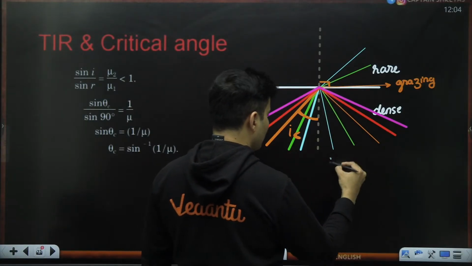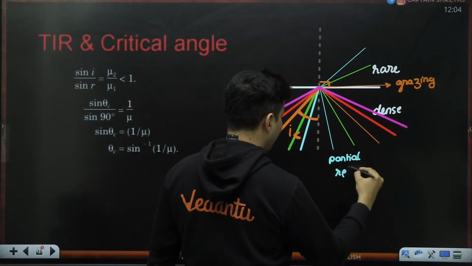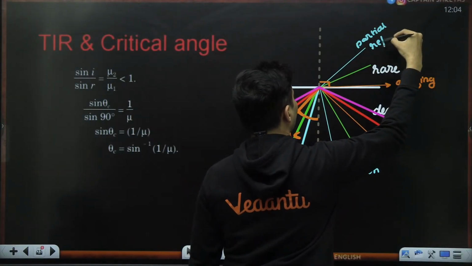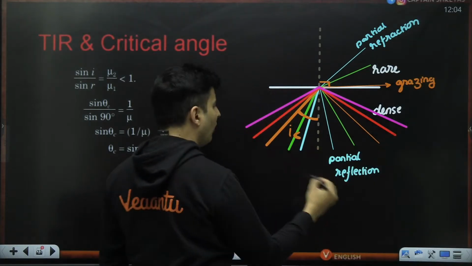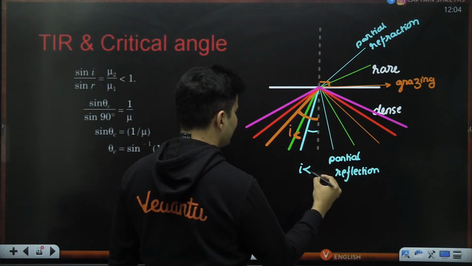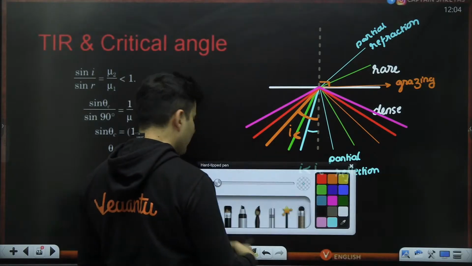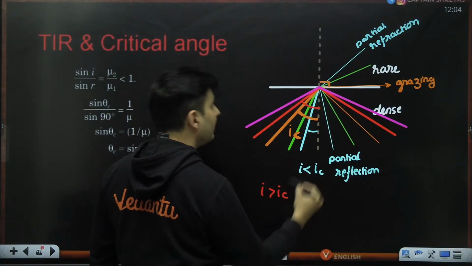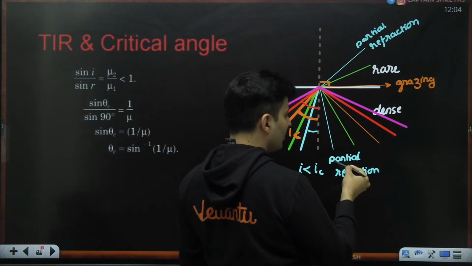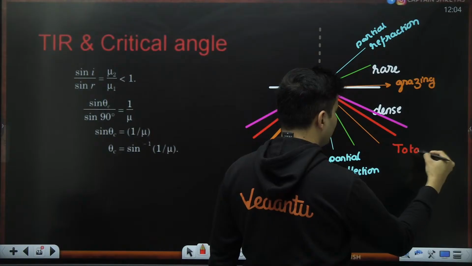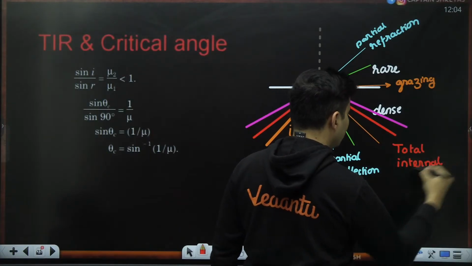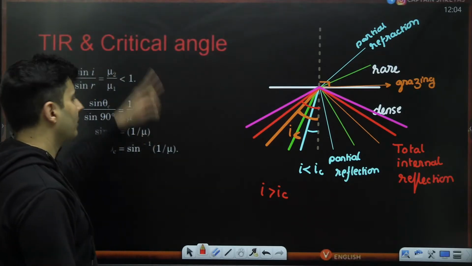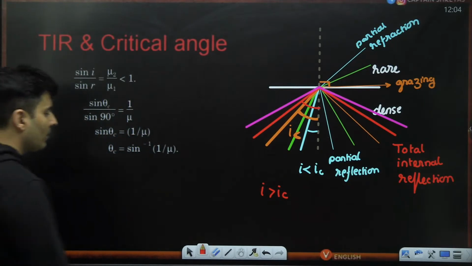Before this, partial reflection was occurring, and partial refraction was also there for all the angles which are less than your critical angle. The moment your angle becomes more than the critical angle, nothing is coming out, all the rays are getting reflected, so it is no longer partial, it is total internal reflection. So TIR, that's how it comes. TIR, total internal reflection. This is your critical angle of incidence, and the formula for that critical angle,